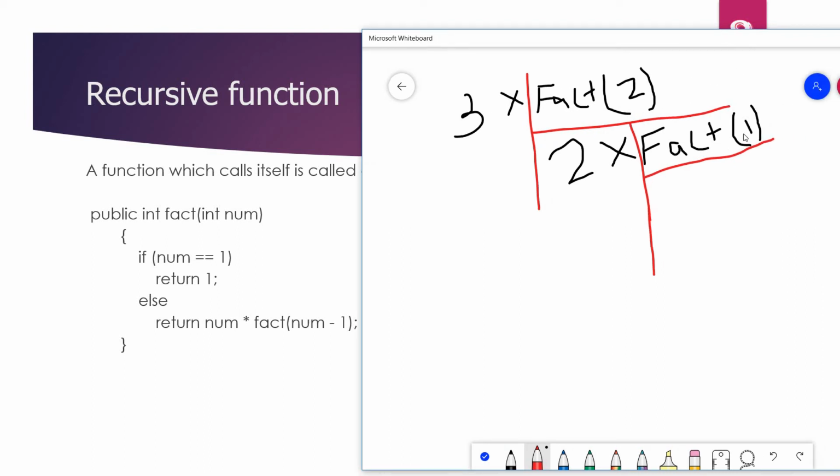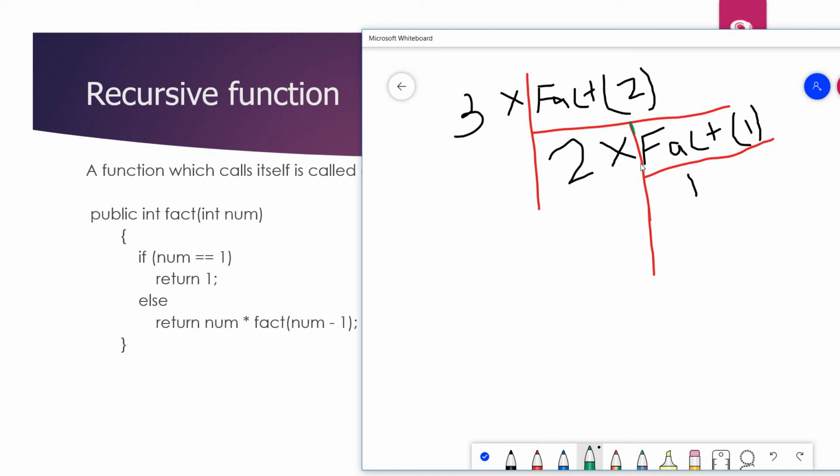So now once this function is called, num will be 1. So what it will do is num equals 1, and then it will return 1. So this portion will be replaced by 1, right? Now as and when it returns 1, control returns back to this part, right?